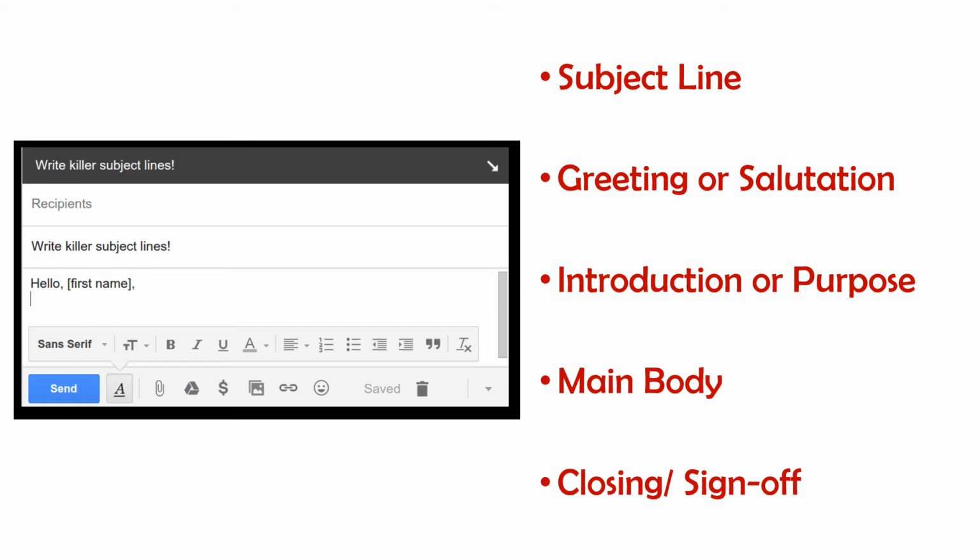Also include signature lines that contain helpful contact information like your phone number, etc. However, casual routine business communications would mostly not use these formal sign-offs. Now that we know the five main components of the email, let's find out why companies want their employees to